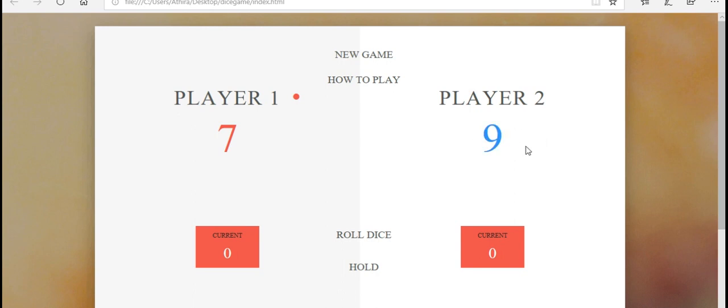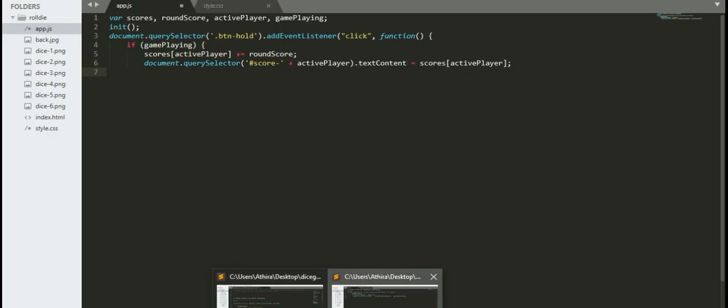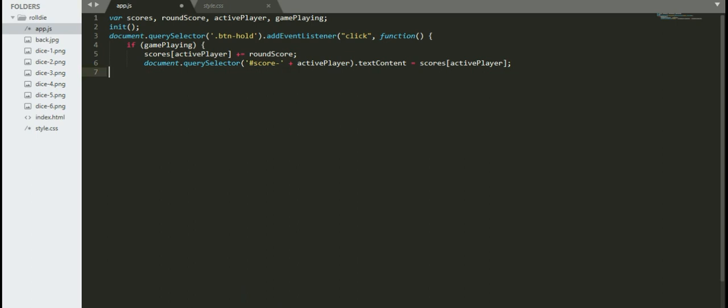So for that, we have to set that global score, as given in this command, that is text.content must be the scores of the active player. So for that, I have given the score. Now,